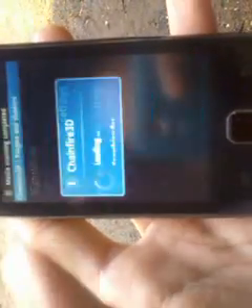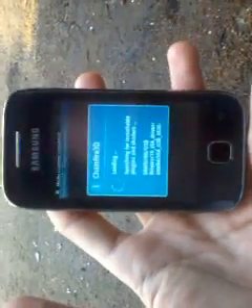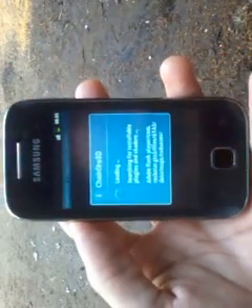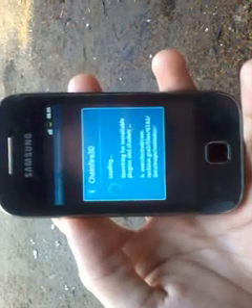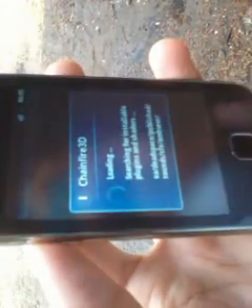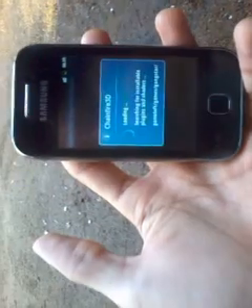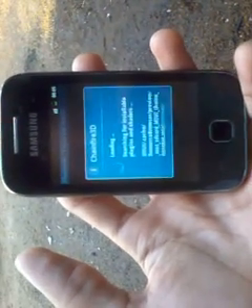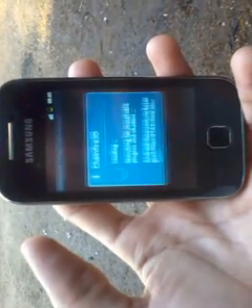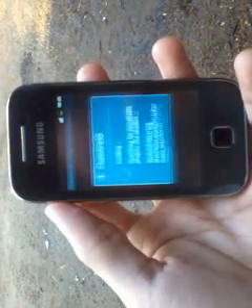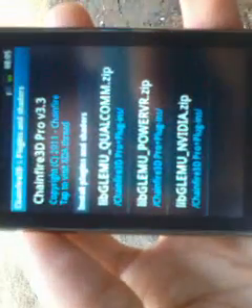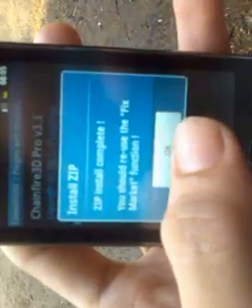Now install plugins. Put all the three plugins into the root of your SD card, anywhere on your SD card. It must be there. So do a searching for the plugins. Just wait. So now here are the three plugins. So click on that and okay.